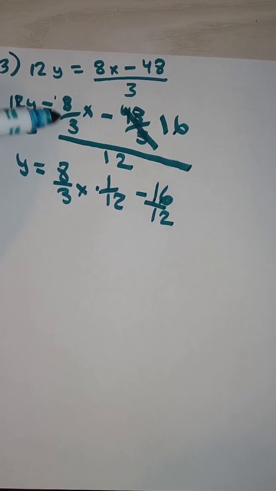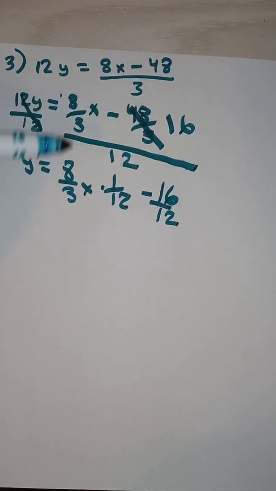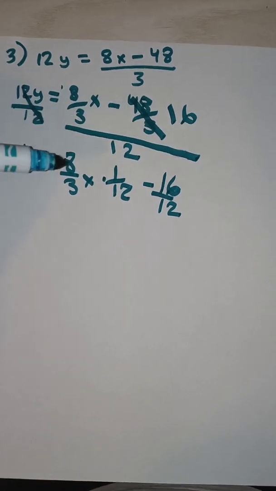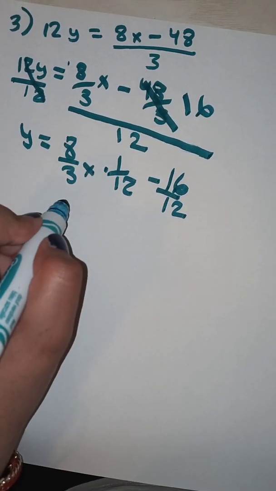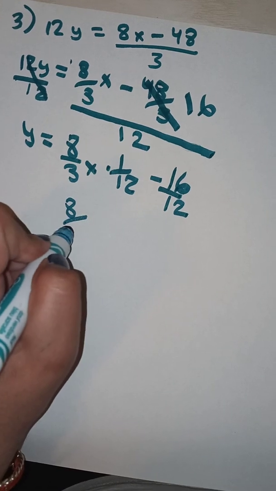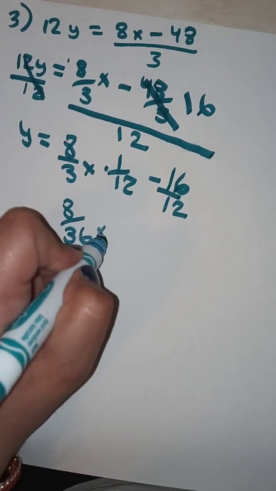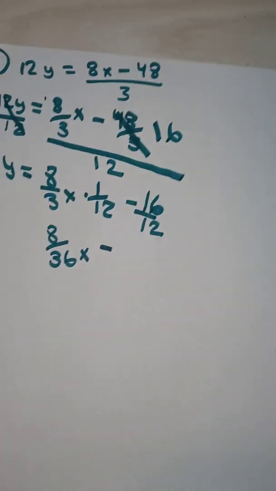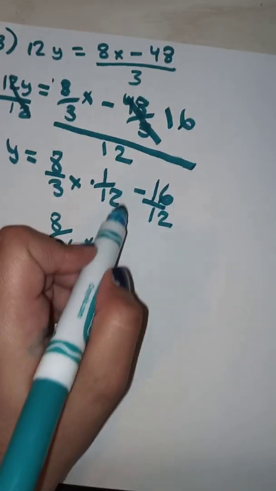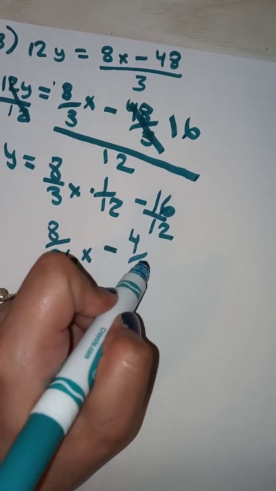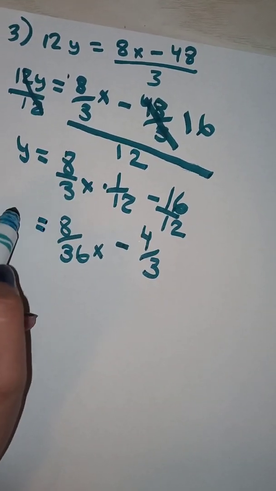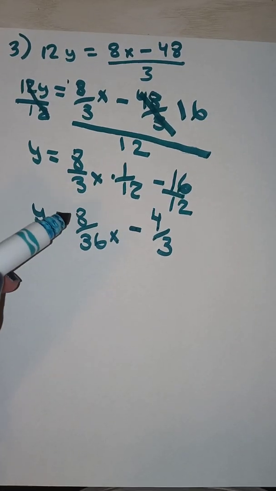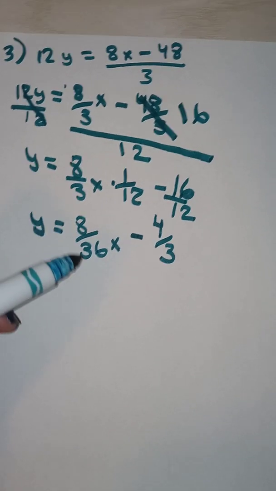8/3 divided by 12. Since this is a fraction, we're going to multiply 8 over 3x times 1 over 12. And we get 8/36x minus 16 over 12, which can be reduced to 4 over 3. Minus 4/3 is equal to y. We're almost done. Okay, so 8 over 36x